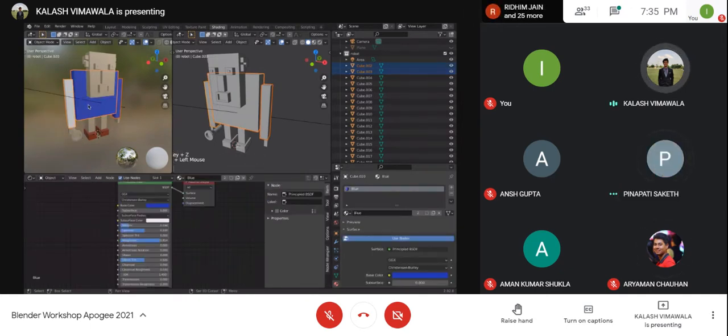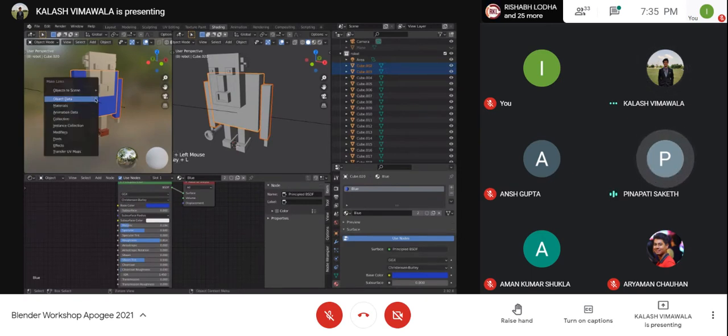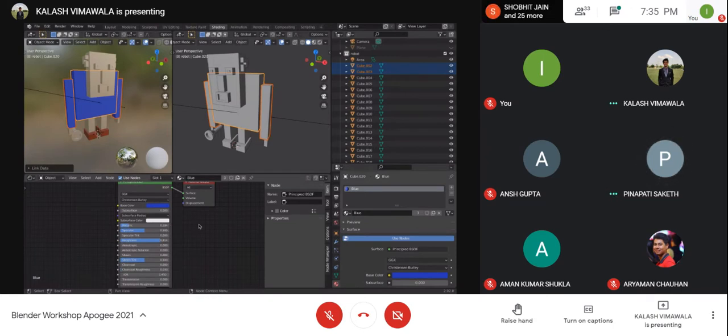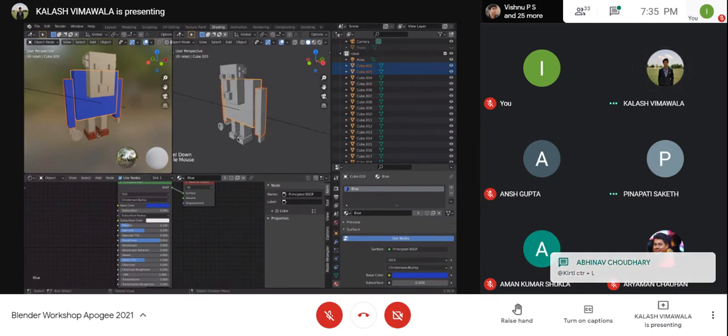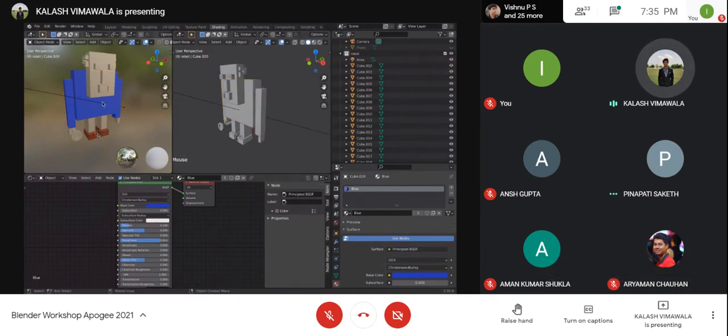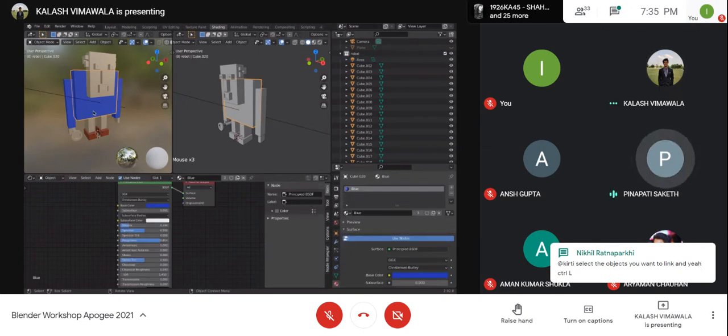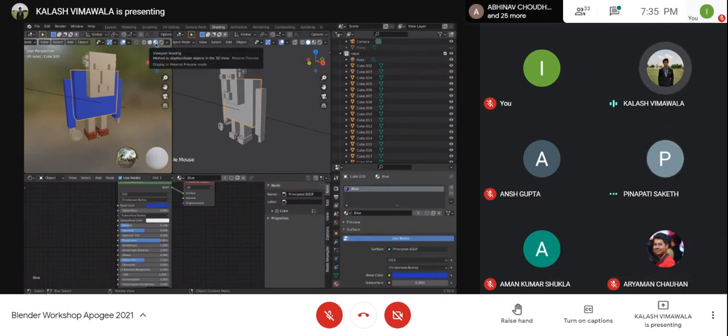I've changed the material color from default to blue, but it's still not visible. Okay, you've changed it from default to blue. Have you selected the object first off? Yeah, I've selected the object. And are you in the material preview viewport? Yeah. Okay.